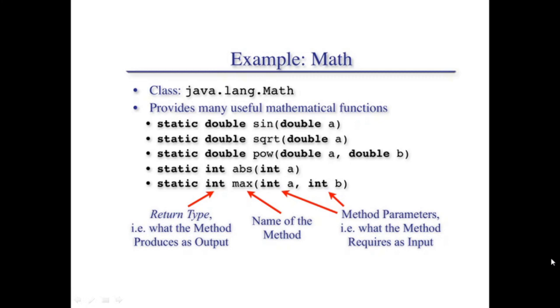Like whenever we include Math, there will be the sin method, the square root method, the pow method, the abs method, the maximum method, and now many more functions are also included. Nearly whatever you can think of, like trigonometric functions or whatever functions are related to maths, are included.